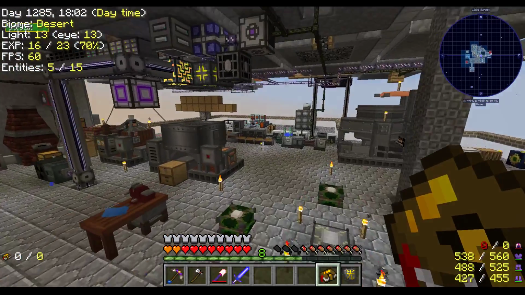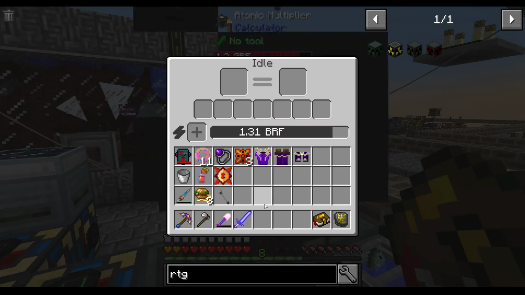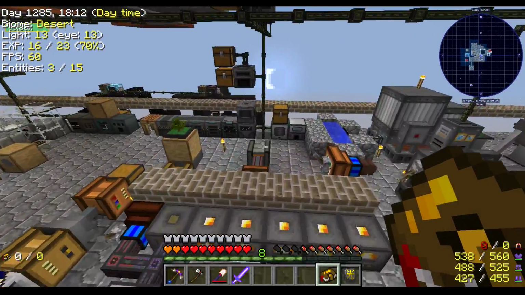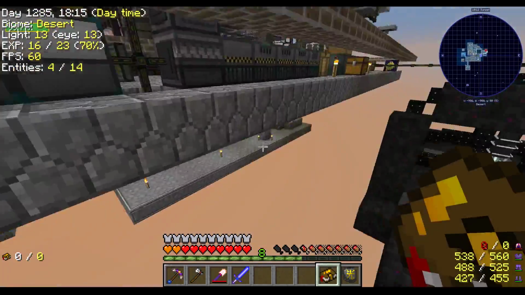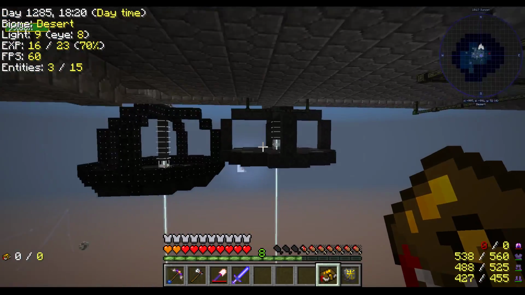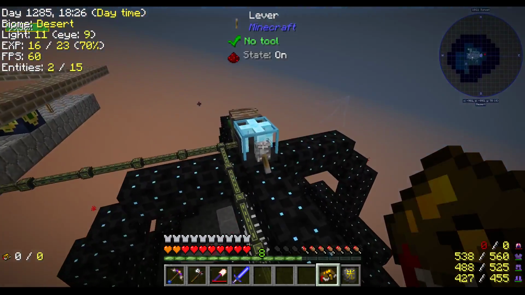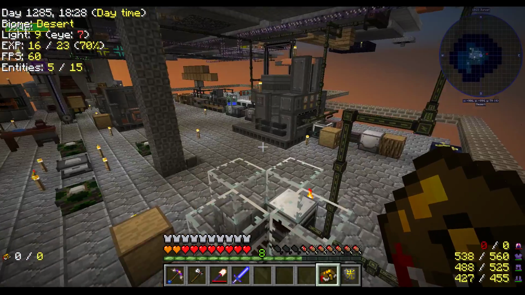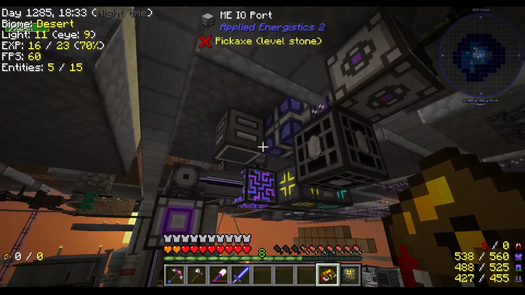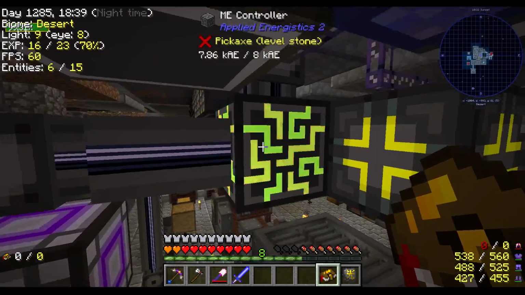What do we got? How are we doing? 1.3. You can hear the thing there running occasionally. I think you guys are all turned off, right? Yeah, you got a redstone signal, you got a redstone signal. Just making sure I'm not, like, burning through a bunch of power elsewhere that could be going into that. I mean, of course, there's my ME system, but...